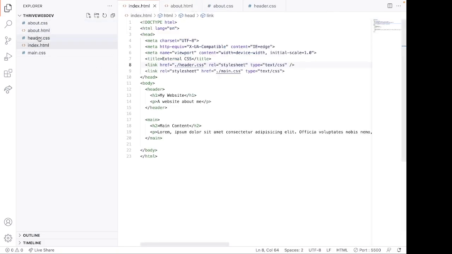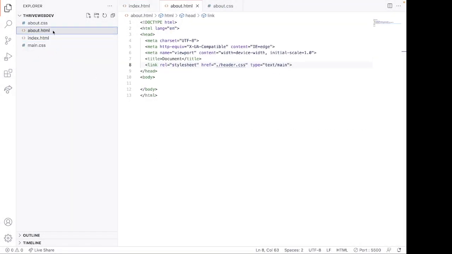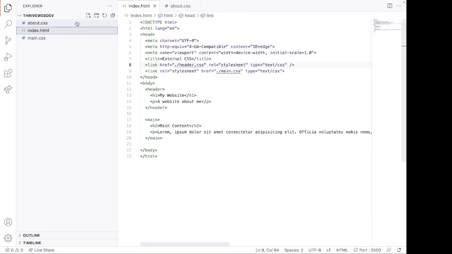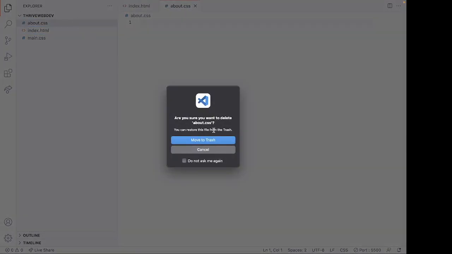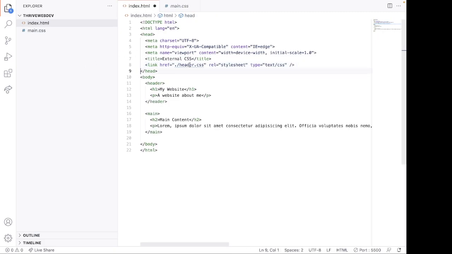Yeah. So let me delete all these other CSS files and pages. Just work with one page and one CSS file for now. Right, so let's update this to main.css. And like I showed you, you can also link multiple CSS files inside one page. So just call this main.css. Alright, so